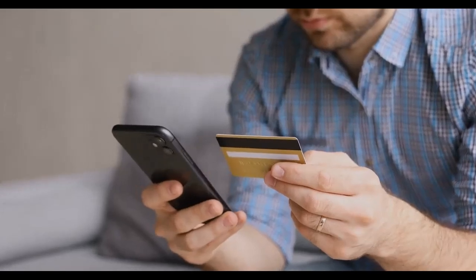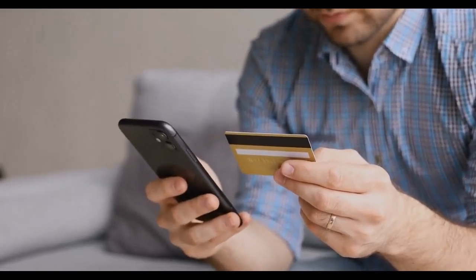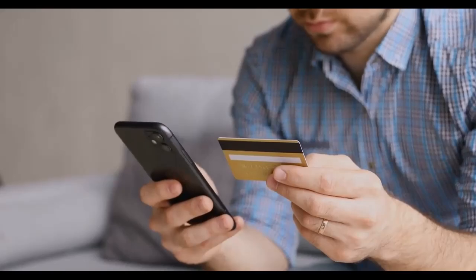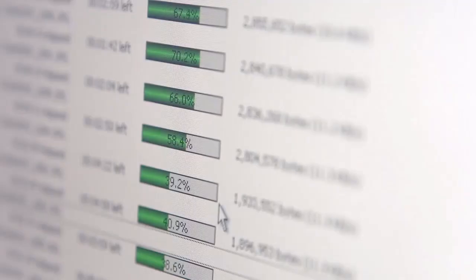You need a system that moves people from interest to purchase, and that's where a simple sales funnel makes all the difference. Start with a free lead magnet. It could be a chapter from your PLR book, or a condensed version of the course. Once someone downloads that, send them to a thank you page with a low-cost offer, then follow up by email with more tips, offers, and value.